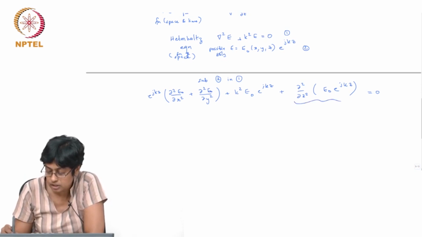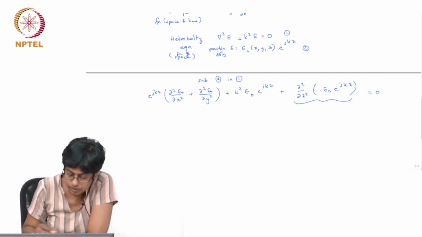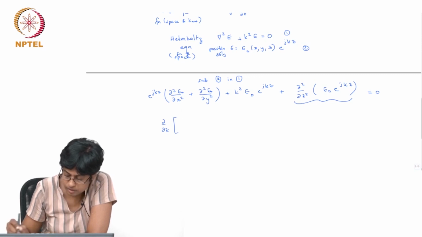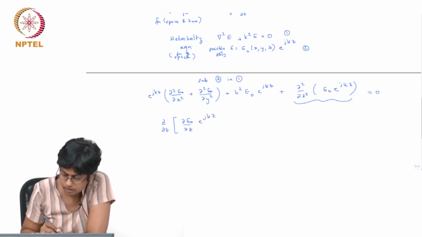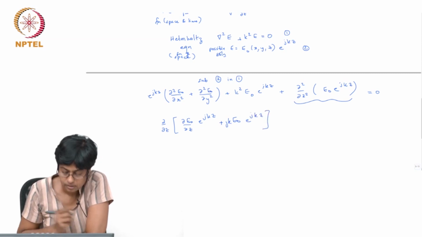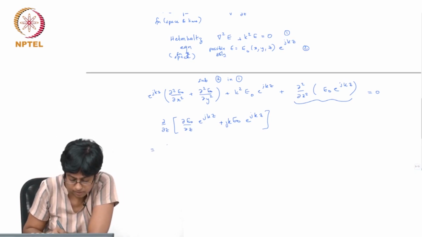So I can just concentrate on this part for the moment, and that is going to be nothing but dou by dou z of the first derivative of these. So I'll have dou E naught by dou z e power j k z plus E naught j k e power j k z. And if I take this derivative again, I'll have dou squared E naught by dou z squared